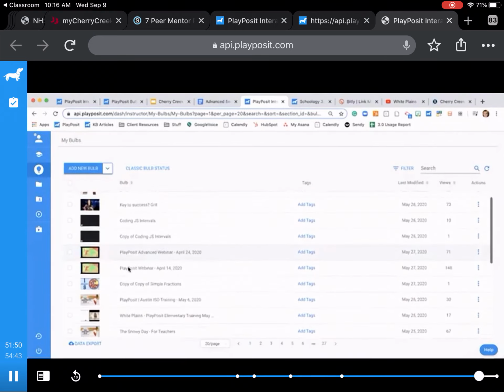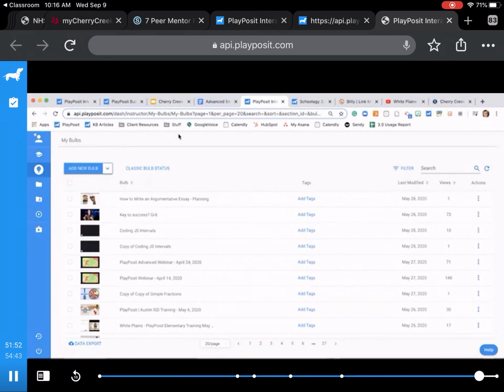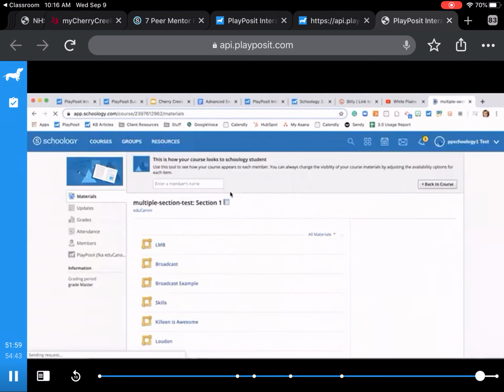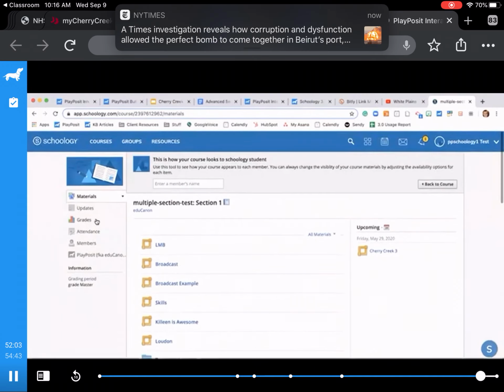And again, everything would be saved in your My Bulbs account, and you can assign it through Schoology. You can do whatever works for you. And again, every time you'll go back to your page in your class, you'll find the right place, if it's in a folder or not, and you just click,